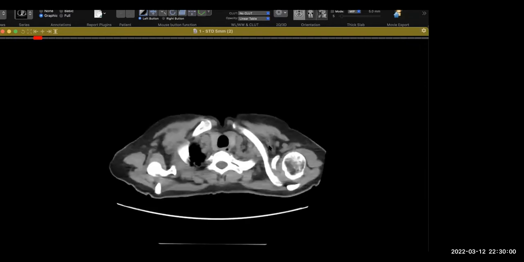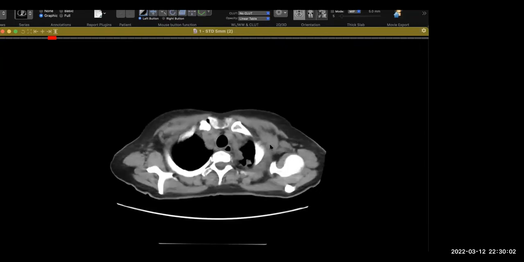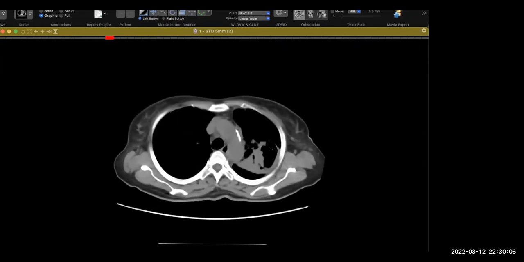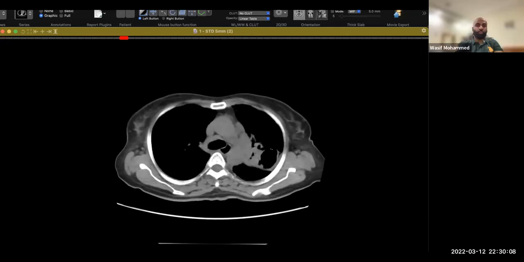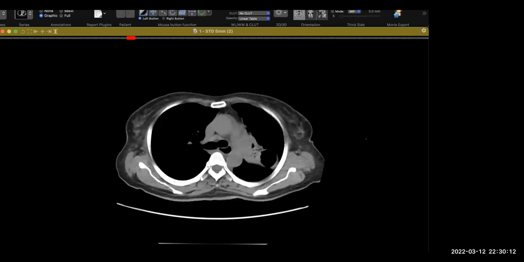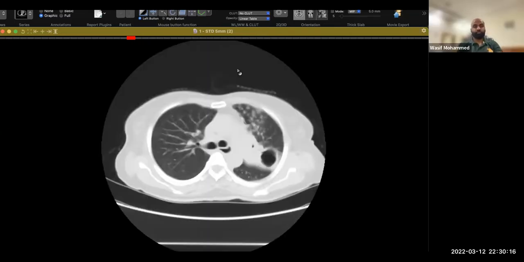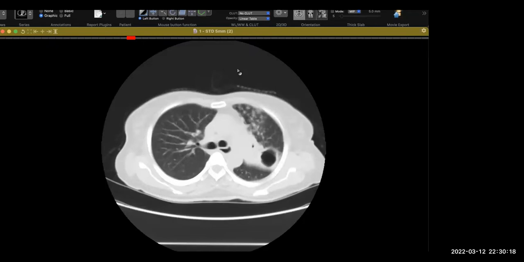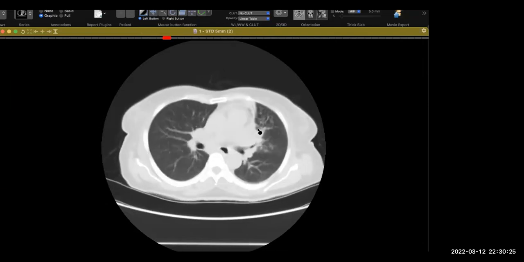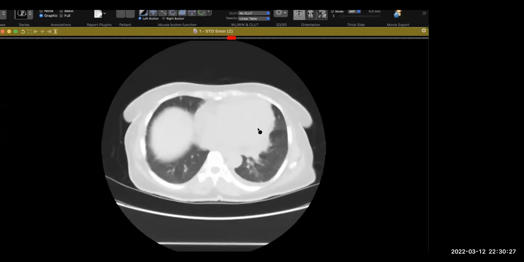So I have been provided with the axial sections of the thorax of the same patient who has been treated before. Would you prefer lung window? Yes. So I have been provided with a lung window, and I'm just scrolling through the images once to see